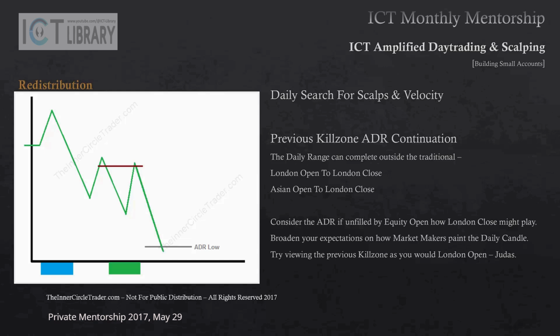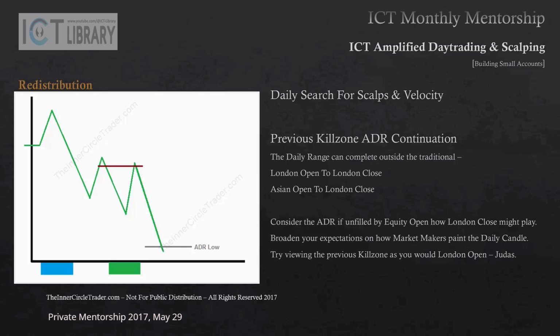If we see that New York session rally, and that vertical black line would delineate what? The beginning of the New York session, or it could represent what? CME open at 8:20 a.m. New York time. So if we see those time periods, and we're expecting lower prices and ADR has yet to be fulfilled, we can anticipate the London close time of day to present a continuation, and then the market drops lower. That condition is going to be there if the low that forms in the London close did not meet a higher time frame discount PD array. That means it has yet to really reach for what it's ultimately reaching for, which is a higher time frame PD array in a discount capacity.